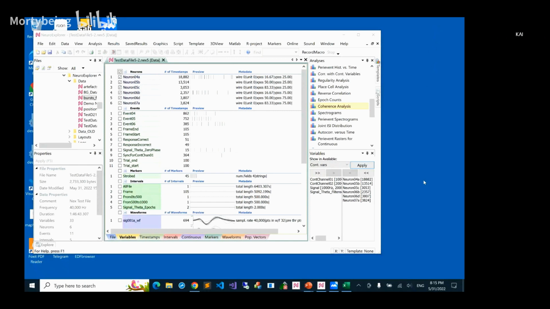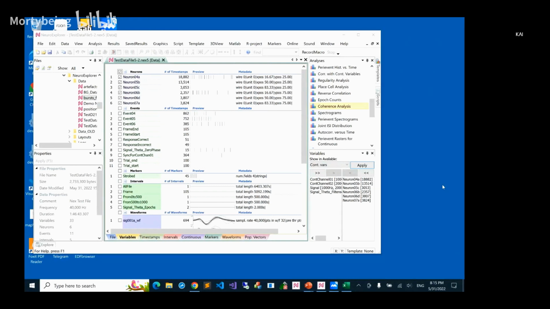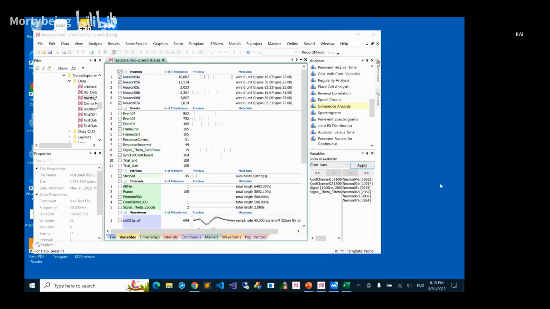For example, in some diseases, some of the symptoms of PD, the oscillation is related to the symptoms. So the researchers are interested in the oscillation, some kind of beta band or theta band. So can you give a brief